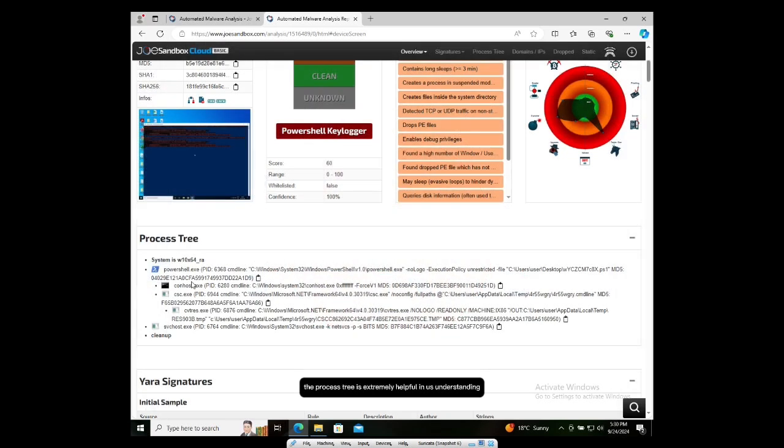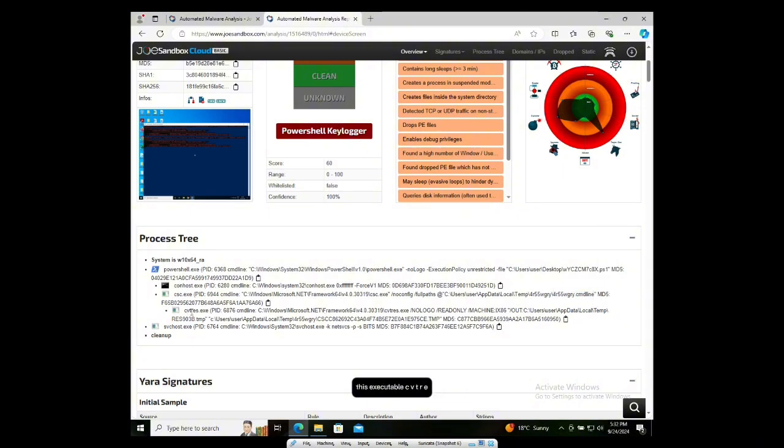The process tree is extremely helpful in us understanding how this keylogger performs. It firstly runs a PowerShell script with the execution policy as unrestricted, which gives it full permissions. We can see it then runs an executable called conhost.exe in the command line, and then another executable, CSC, which is usually the C# compiler, is also run, and this is stored in the local temporary folder with this command line